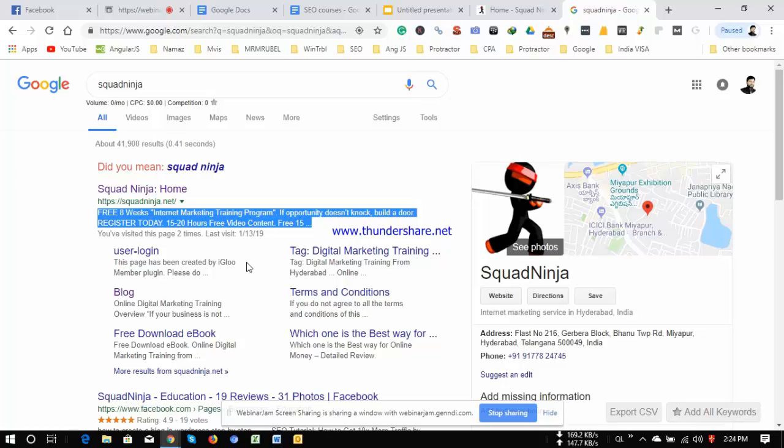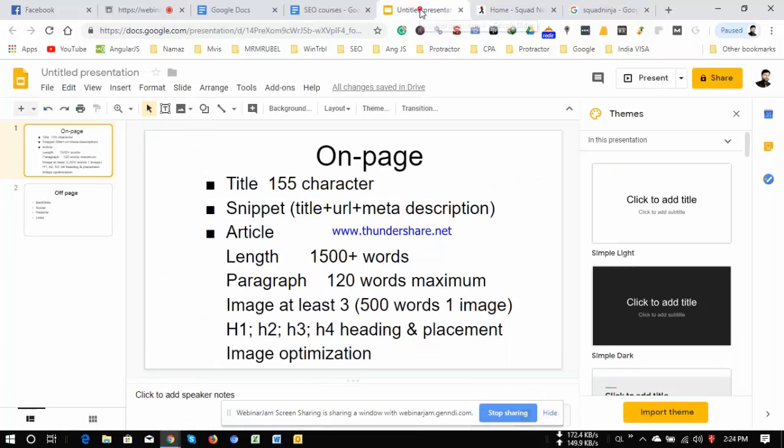What should be the number of characters we can use in a snippet view? There is no limit actually, but if you calculate, the title should be about 150 characters, the meta description is near about 240 characters, and the URL should be within 48 to 55 characters.